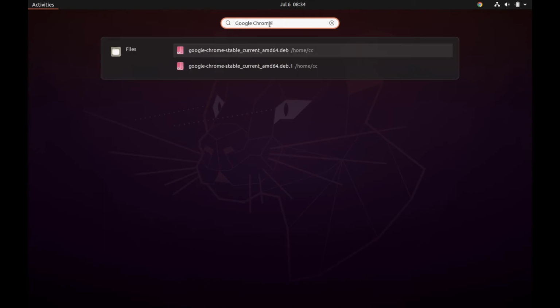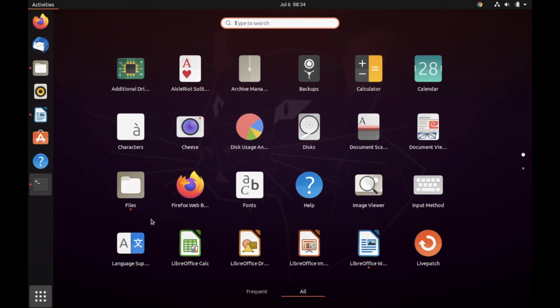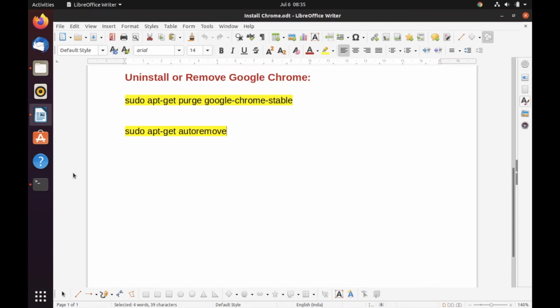And I'll search with the name of Google Chrome. It's only showing the available packages that I have in the file system or in the download section of my Ubuntu local machine, but I have successfully uninstalled Google Chrome from my Ubuntu machine. Now let me use this command.